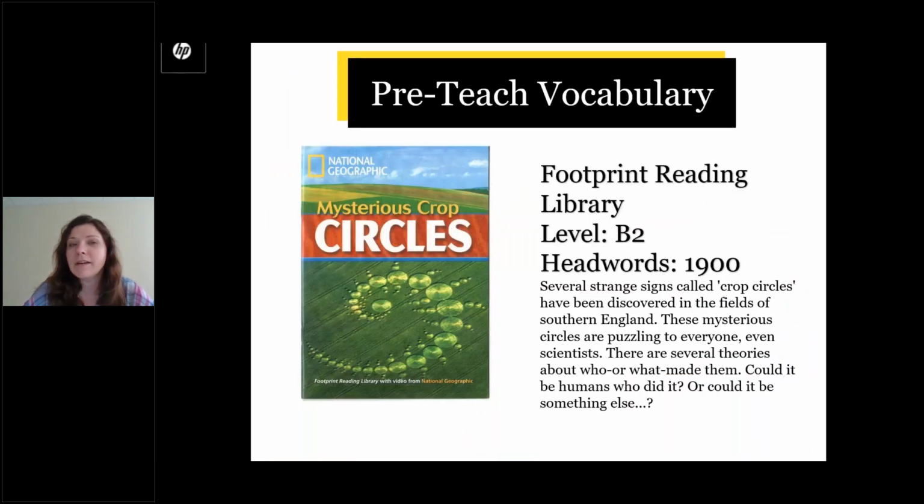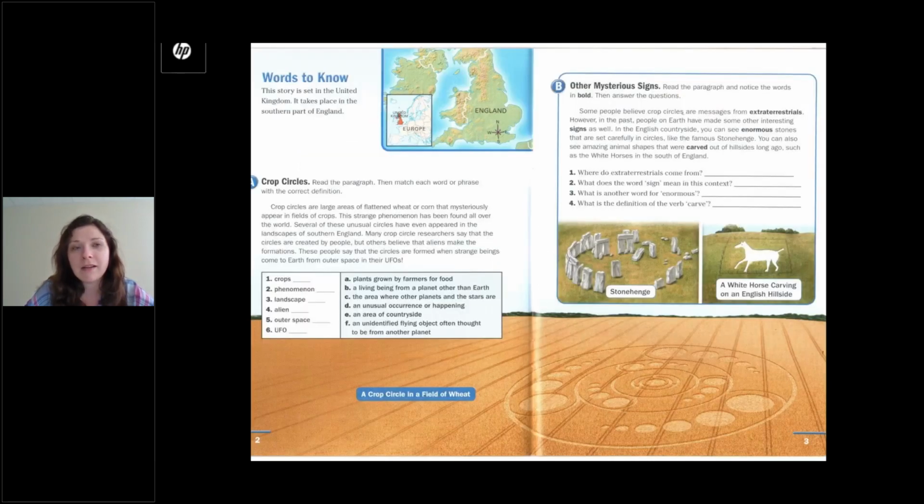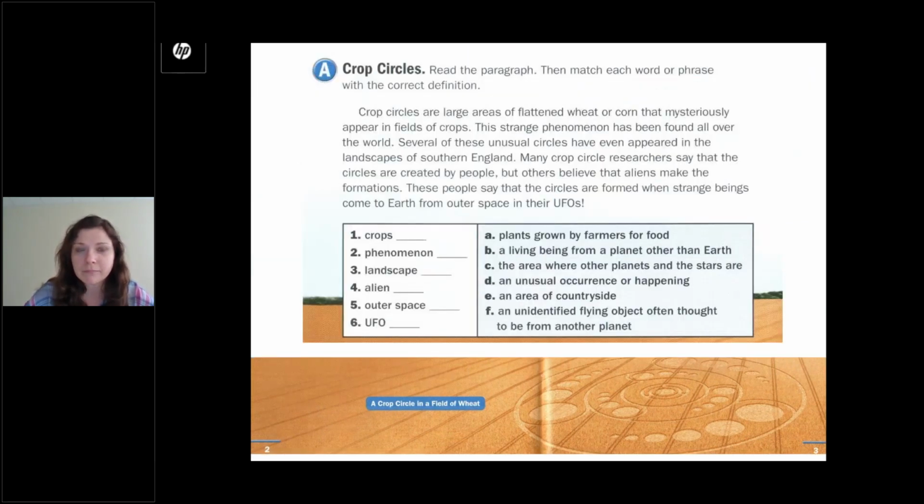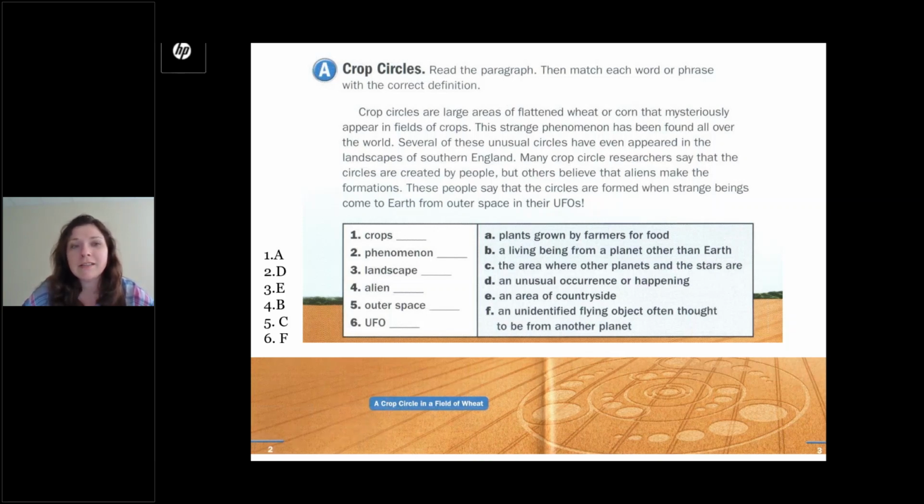Well, so let's have a look at another book which I find very interesting, about crop circles, this mystery. This is for B2 level. So what it does, everything is already done for us. Yes, so the same thing that we were just discussing. First of all, we need to read the text, and we need to match the words with their meaning, right? I don't think that we will do that, but anyway, there are some answers.